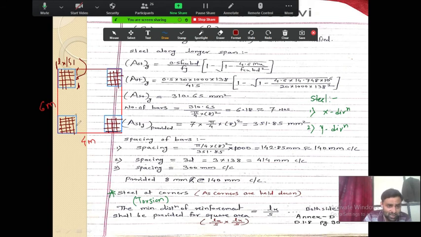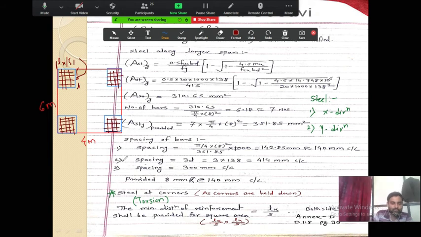As this slab is not simply supported, we have to consider the fixity, due to which the torsional moment is developed, and to resist that moment this torsional steel is provided. So this steel is called torsional steel, and the area of this steel is nothing but 3/4 of Ast x. The area of this torsional reinforcement that we need to provide is 3/4 of the area of steel in the x direction. We will see that in the next figure.